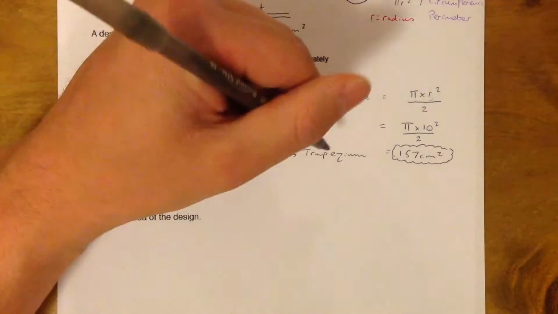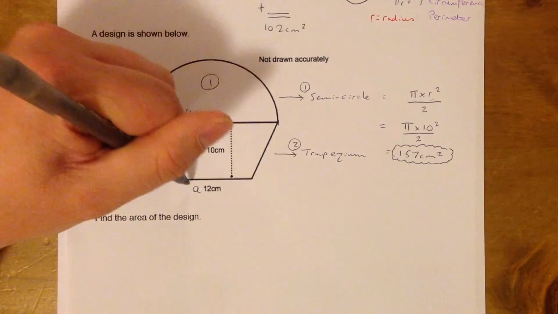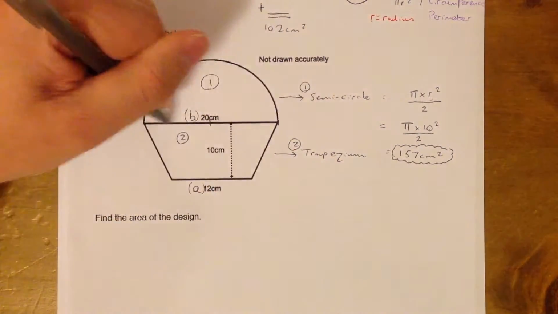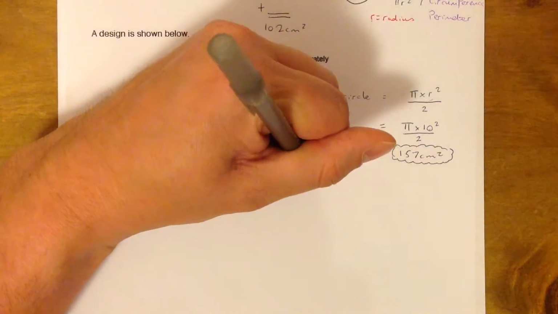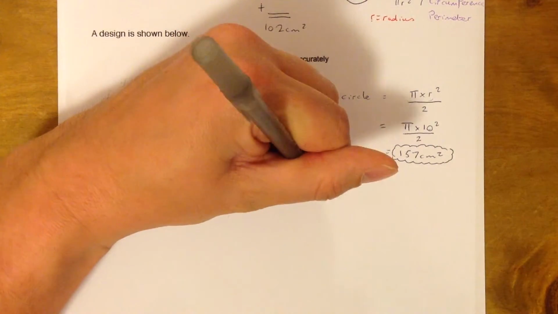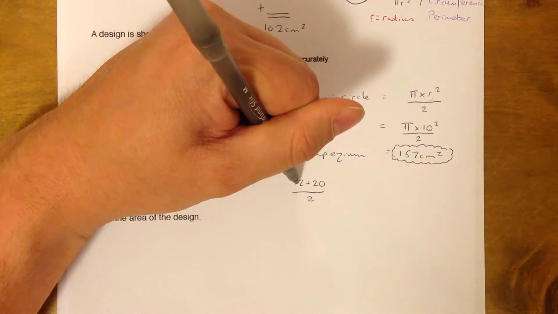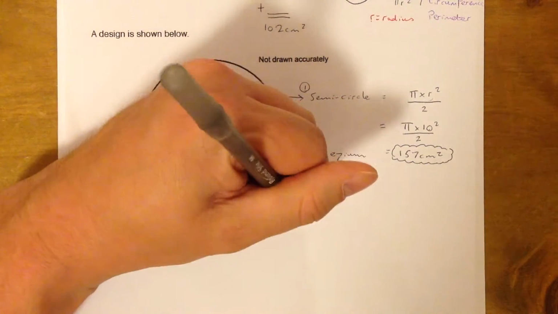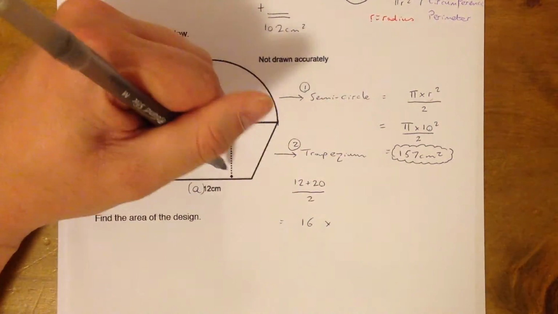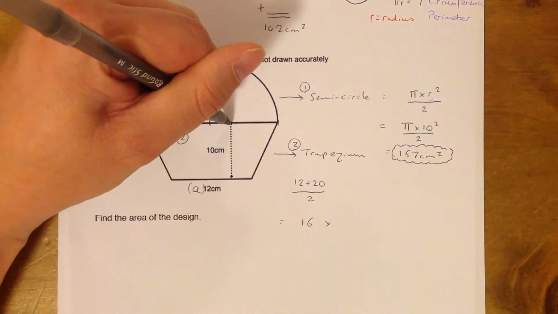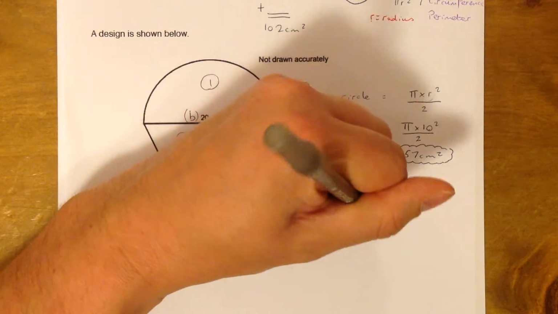So let's move on to the trapezium. The rule is a plus b, although if you put them the other way around it makes absolutely no difference, it just means the length of the two parallel sides. So I'm going to do 12 plus 20, and then I half that, I divide that by 2 to find the average between the two numbers. So I've got 12 plus 20 is 32, half 32 is 16, and then I multiply that by the vertical height, the one that's perpendicular to the base, and that's 10,